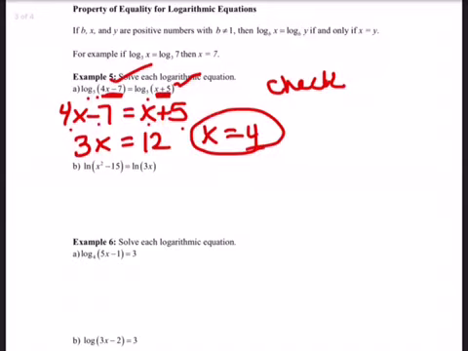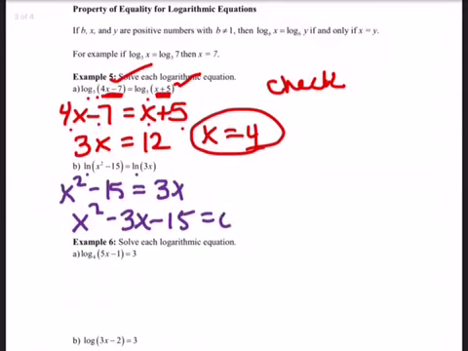All right, let's do a different color. How about this one? All right, so we've got same base, so I'm just going to, again, set the parentheses equal to each other. Now we've got a quadratic here, so I know it has to be equal to 0. I'm going to subtract the 3x over. And then now I need two numbers that multiply to negative 15 and add to negative 3. So I'm going to use negative 5 and